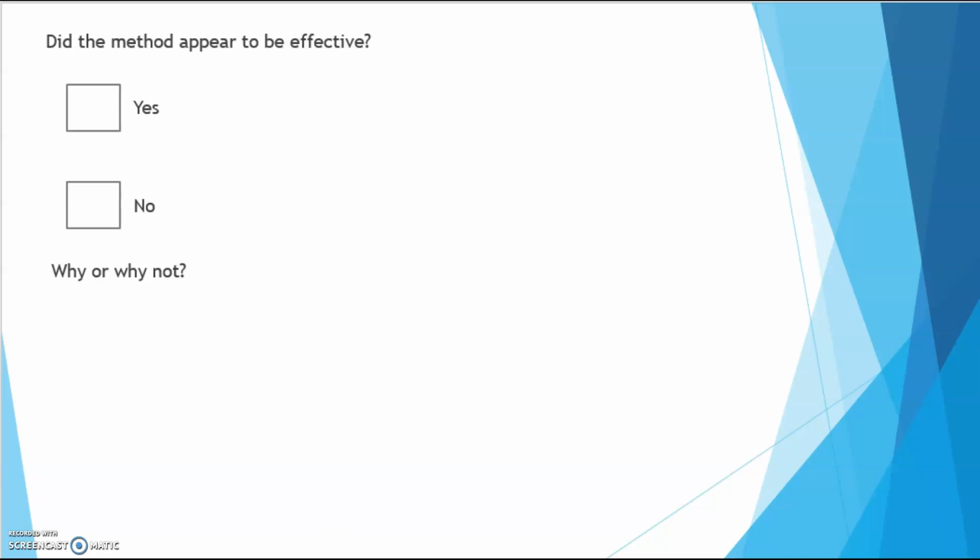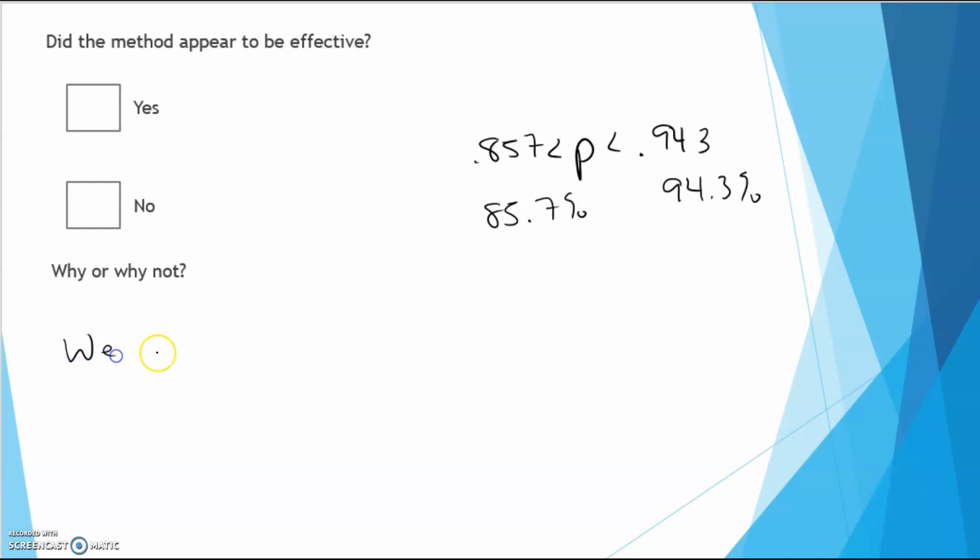So the question asks, does the method appear to be effective? Well, we got a confidence interval between 0.857 and 0.943, or we could say 85.7% and 94.3%. So we are 99% confident